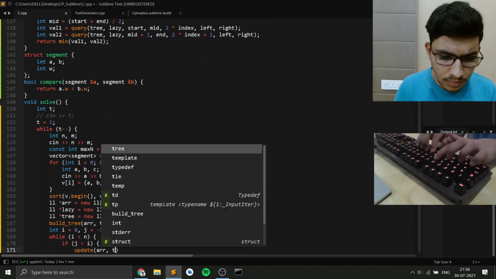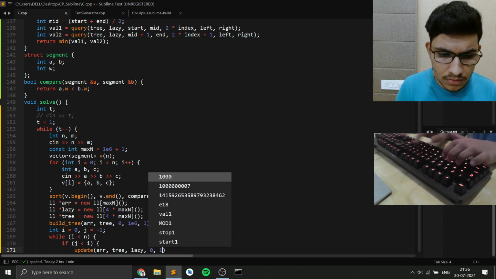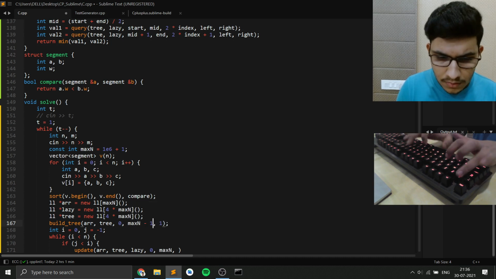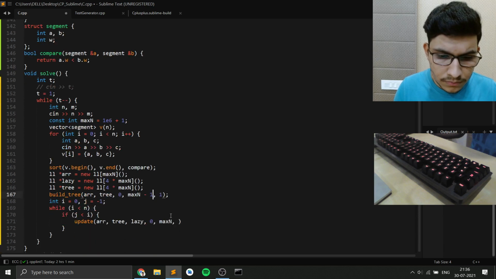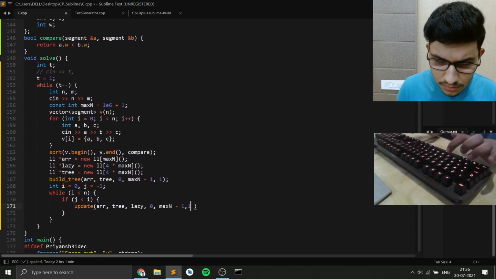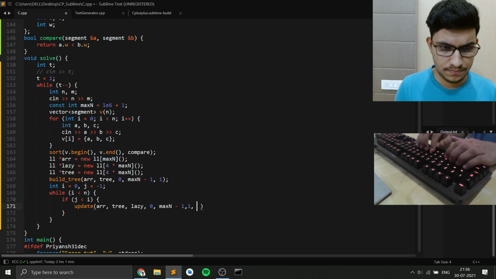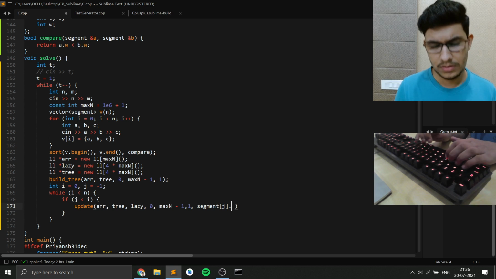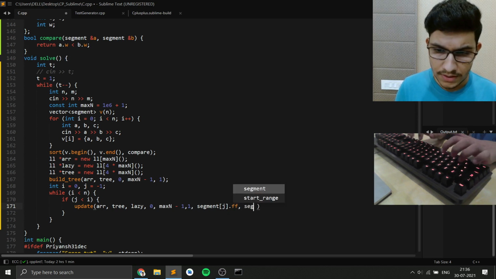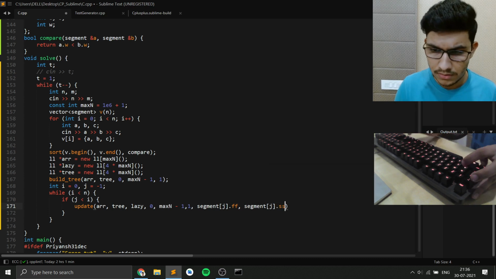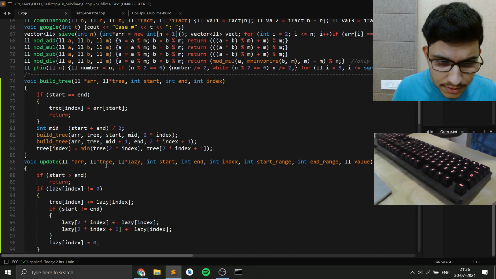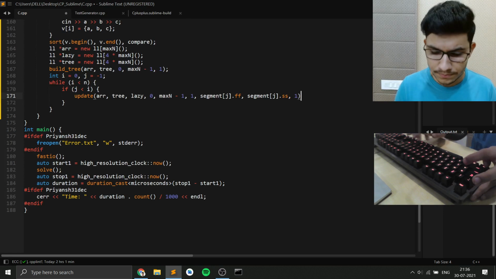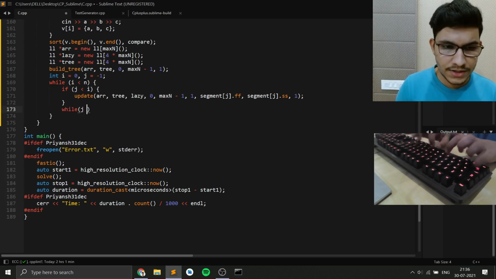ARR tree lazy. Max and -1. And then I have a segment at j dot ff comma segment at j dot ss. Right, so I have ARR tree lazy start end index. Okay, I also have value here, so I can pass in 1. So while j is less than n,